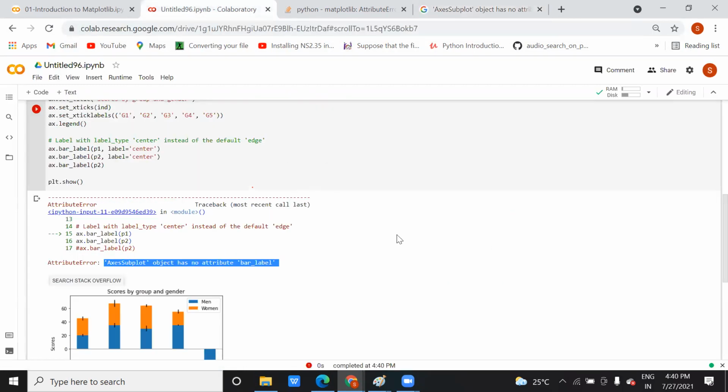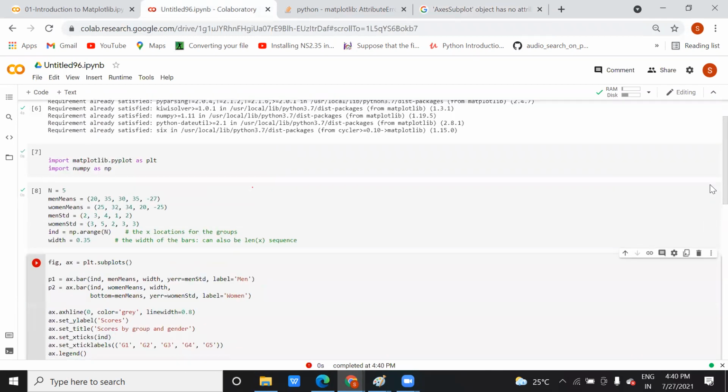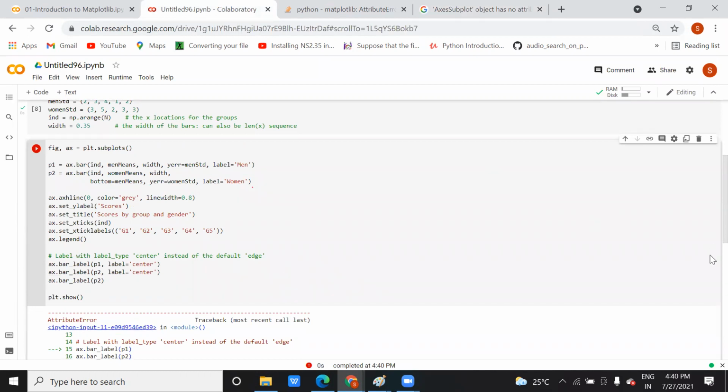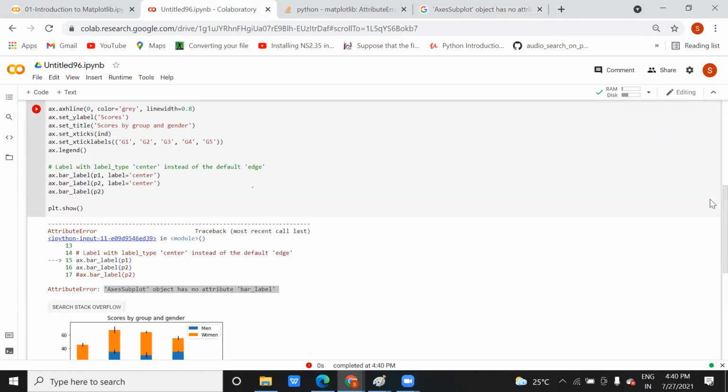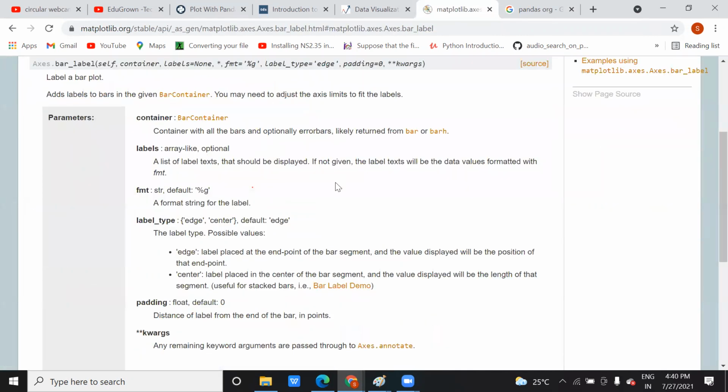Are you getting the same error? Are you trying with me or are you going to try later? I'll try later. Okay, yeah. Because you might also fail, because this is in the document. So this document, I think it's an old one, and that's the reason we are getting the error because of this bar label. So let me check this bar label.